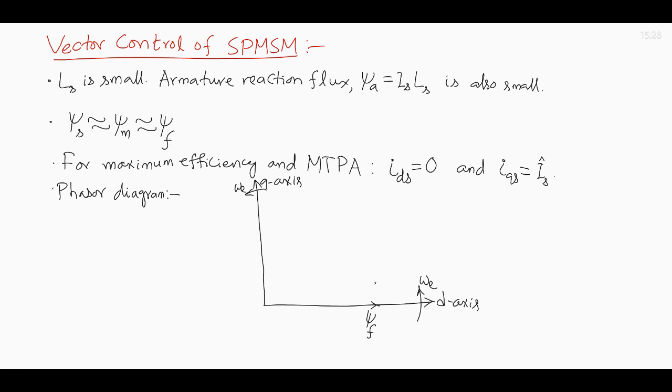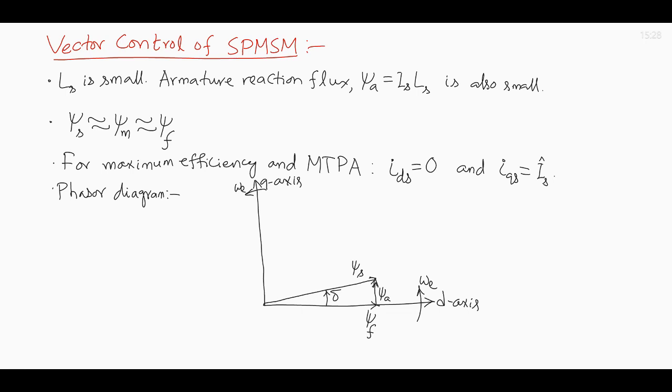Armature inductance is small, so armature reaction flux psi A is perpendicular to field flux psi F, and its magnitude is small. As a result, the stator flux psi S, that is psi F plus psi A, is as shown, and the angle between psi S and psi F is the torque angle or load angle or power angle delta,